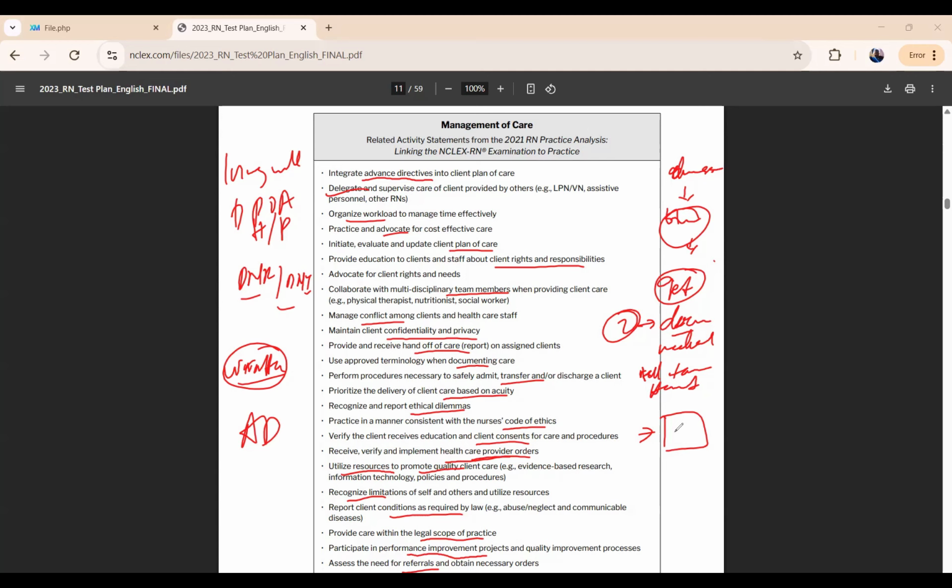But if we don't have a living will and we just have the durable power of attorney or the healthcare proxy, then as a nurse we can take instruction from them. As a nurse, we always want to advocate for what the client wants, be it they have it in the living will, or if there's no living will, we take the information from the healthcare proxy